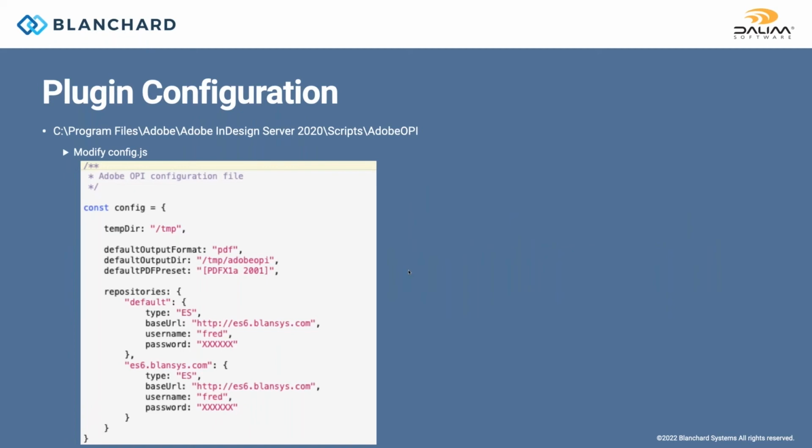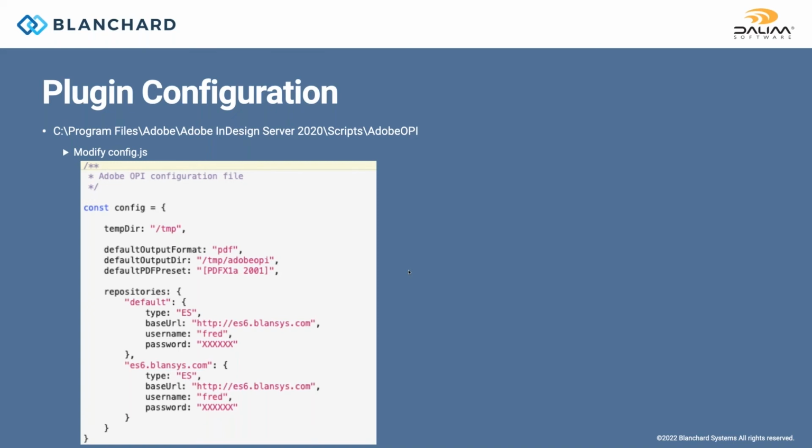Yep. So on the InDesign server side, there is basically all of the plugin features installed in a directory called Adobe OPI that goes, in this case, since I'm on a Windows server and I installed InDesign Server 2020, in Program Files, Adobe InDesign Server 2020, Scripts. It's a whole directory that goes in there. Inside of there, there's a configuration file, config.js. You need to put some specific information in there for how it connects to your ES server